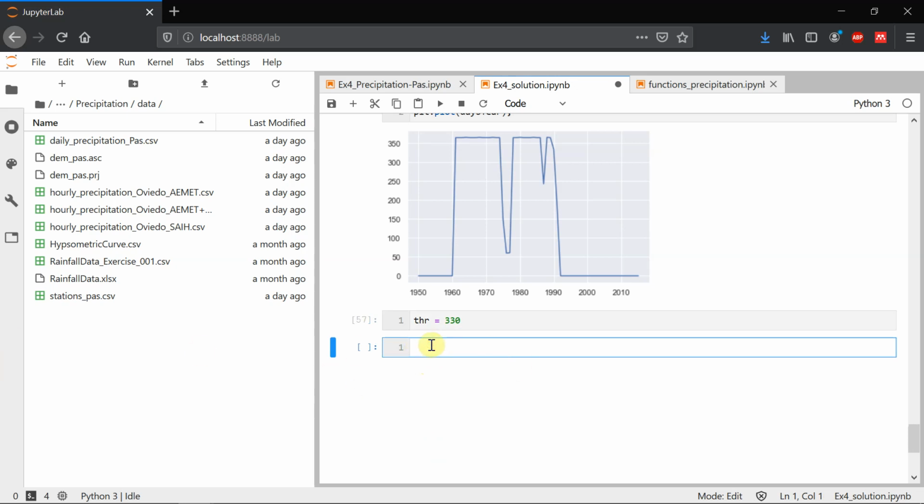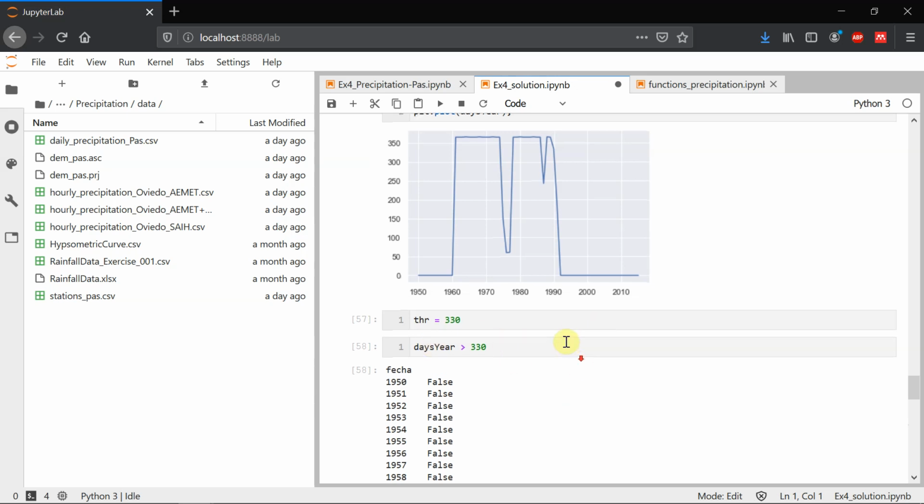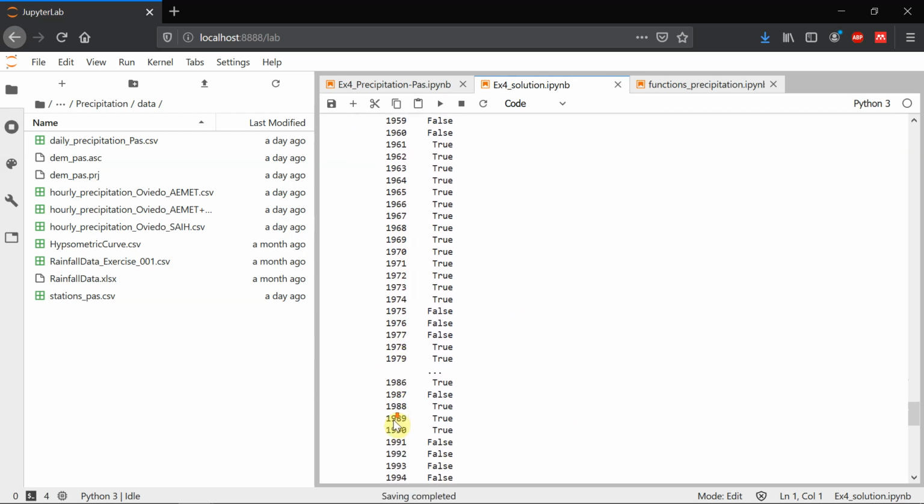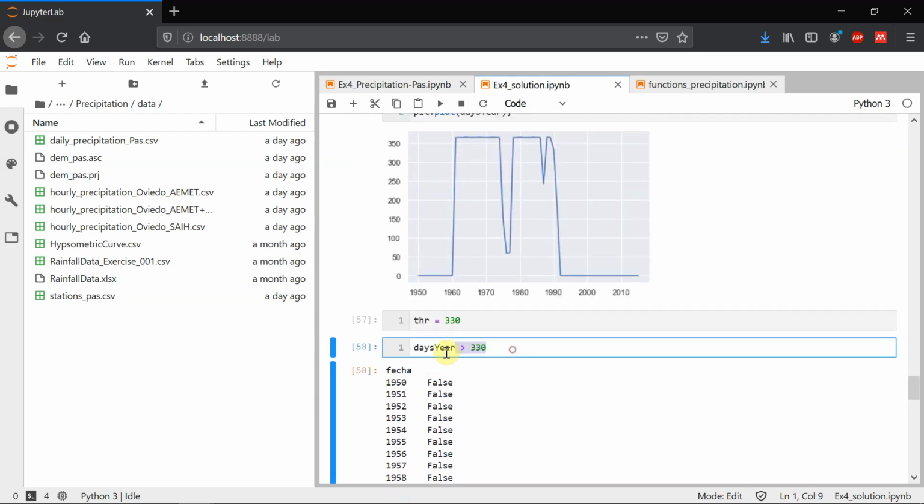Okay, so now for instance, if we say days here, which is what we just created, and we ask for years with less than 330 days with data, we can only get this, so we're going to keep these years here. Okay, we can pass this as a lock